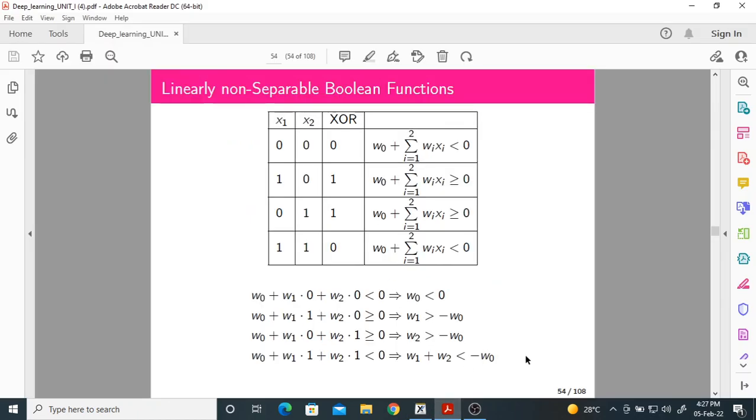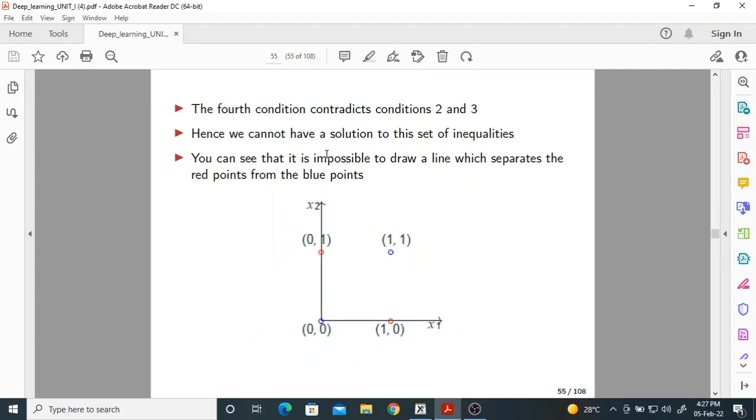W1 plus W2 should be less than minus W naught. So these two inequalities contradict the fourth inequality. That's why we don't have a solution to this set of inequalities. There is no solution for the set of inequalities. Solution is not possible. Okay? Which means you cannot find a solution to the set of inequalities, which means this